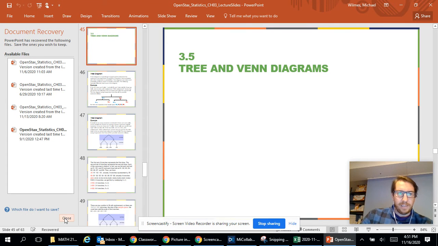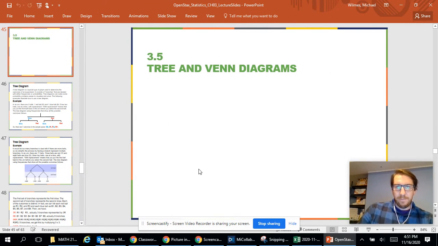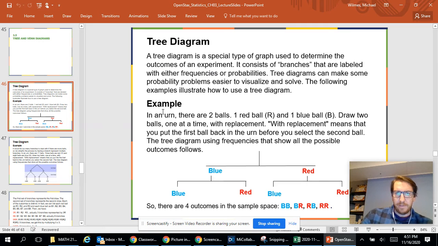Hello, this video is going to talk about tree and Venn diagrams. For this video, we're going to start with the tree diagram. Hopefully you remember these from our Algebra 2 class. These are especially useful in probability topics when we want to show what's happening with a visual. It won't be a Venn diagram, but a tree diagram showing the branches of what